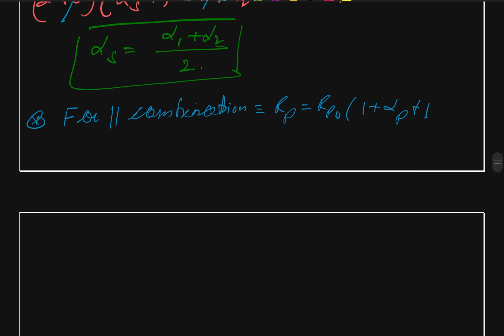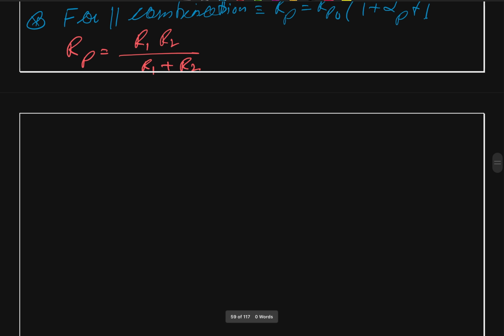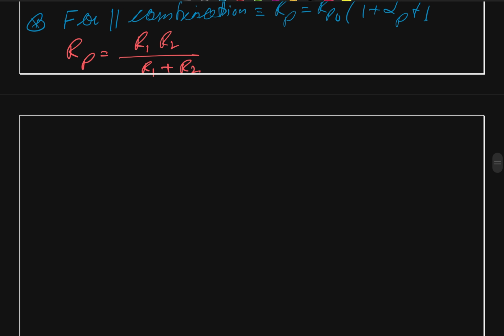Also for the parallel combination, Rp will be equal to R1 R2 divided by R1 plus R2. We simply substitute their respective equations. We get Rp naught (1 plus alpha p T) is equal to,